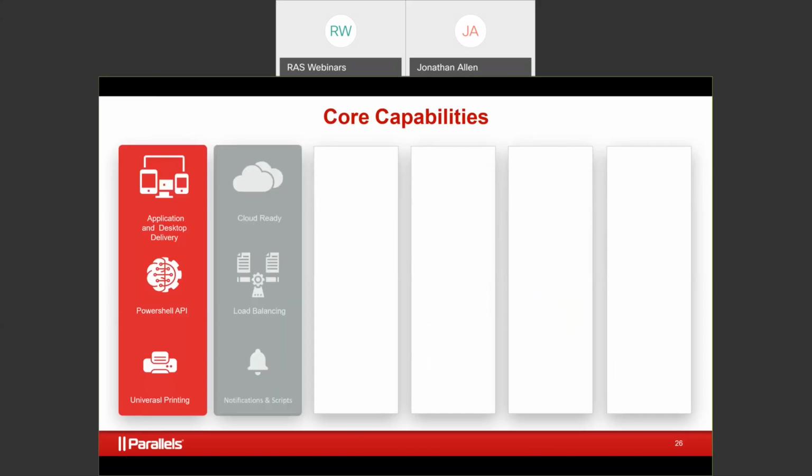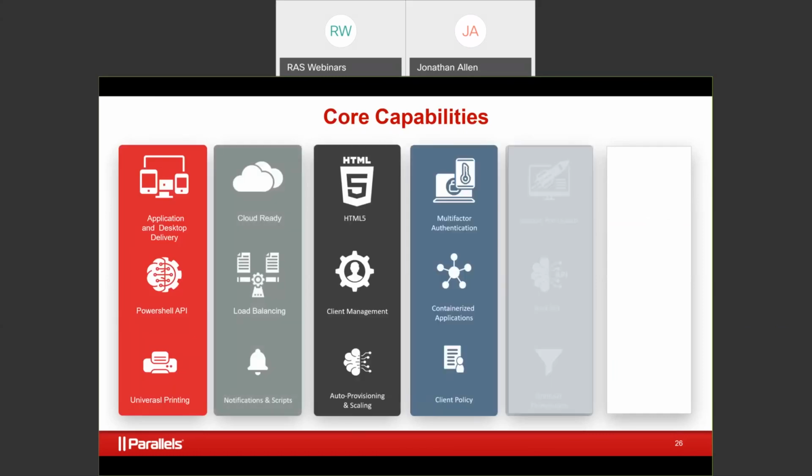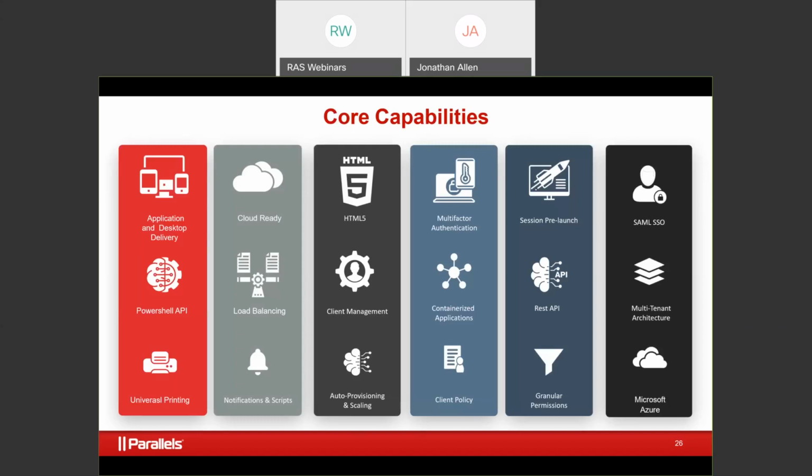One of the things that's important for you to realize when you look at Parallels RAS is there is no super user version. There is no light version and then an advanced version. Parallels RAS, whether you have 15 licenses, 1,500 or 15,000, comes with these core capabilities. Every single organization that runs Parallels RAS has these core capabilities, this functionality. You don't pay extra for extra services or extra support.